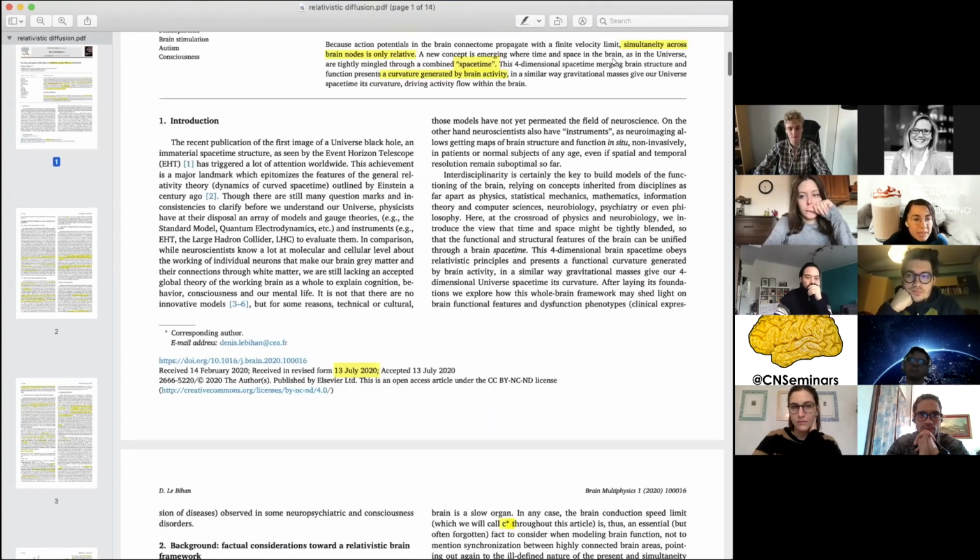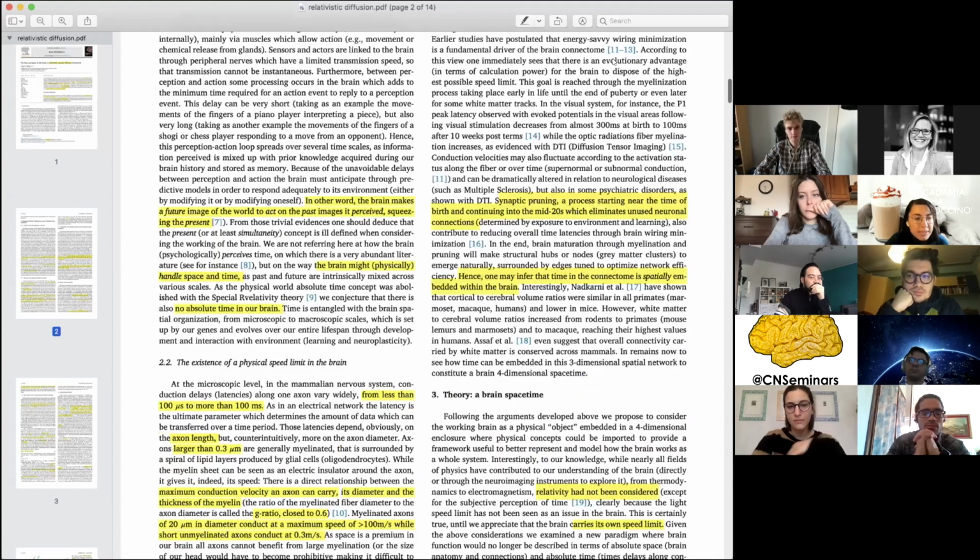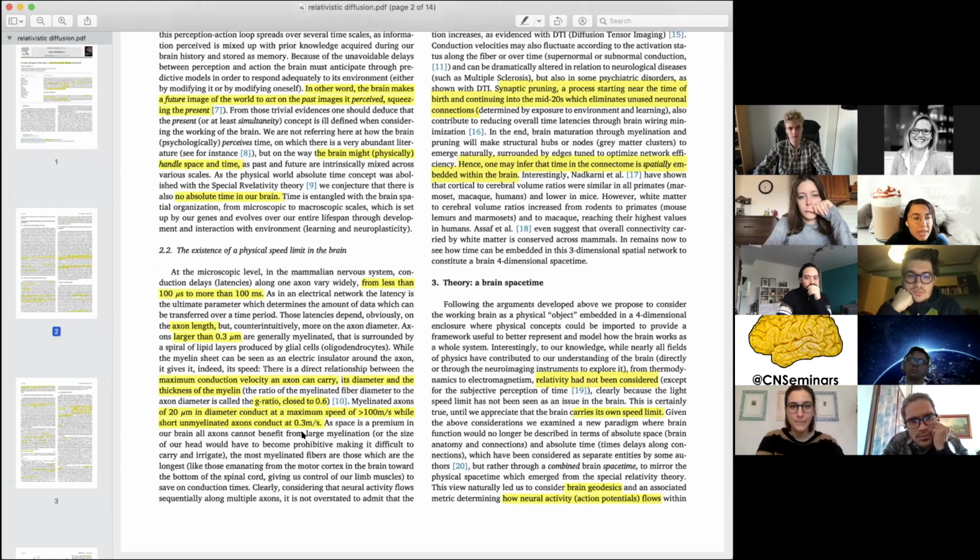For example, here he reports that for a short unmyelinated axon it is 0.3 meters per second, or it can go up to 100 meters per second. And so there is a velocity, and if there is a velocity, we can see this event from a different perspective. I don't know if someone is familiar with this relativistic framework, but